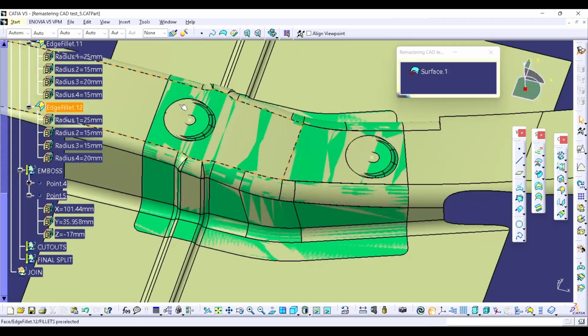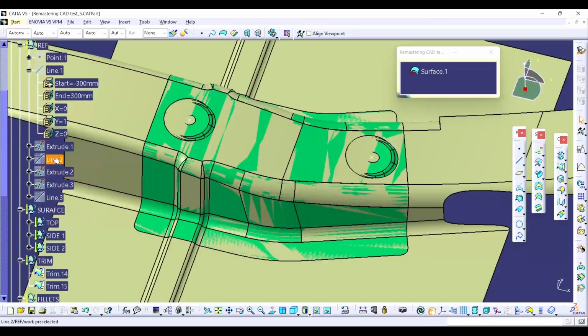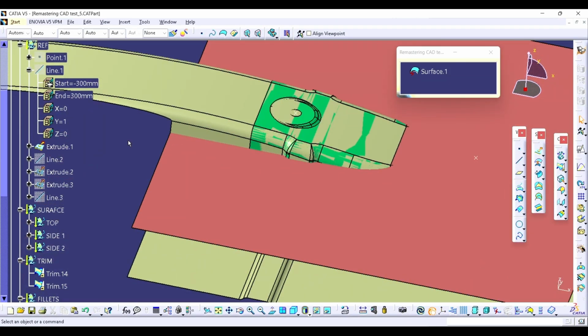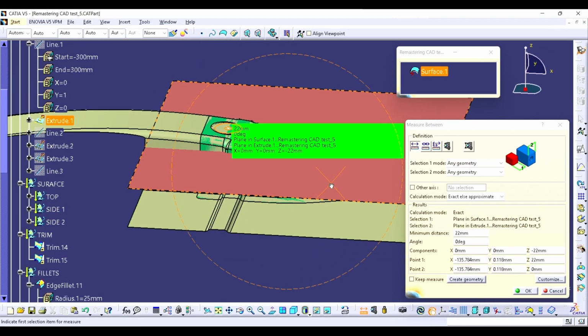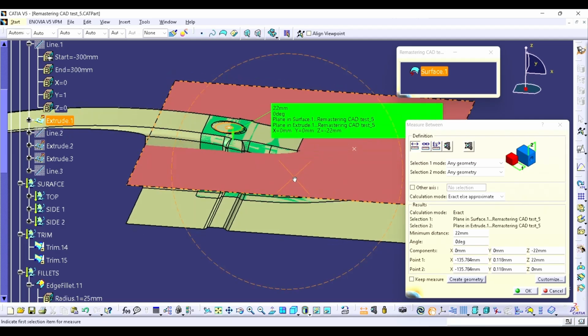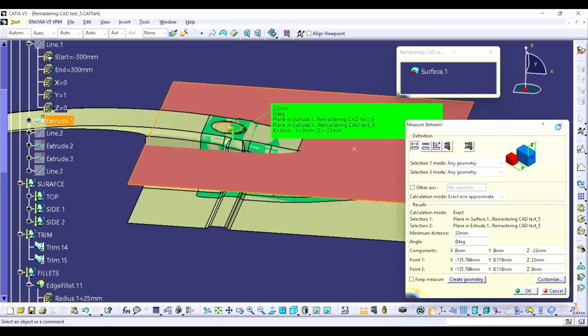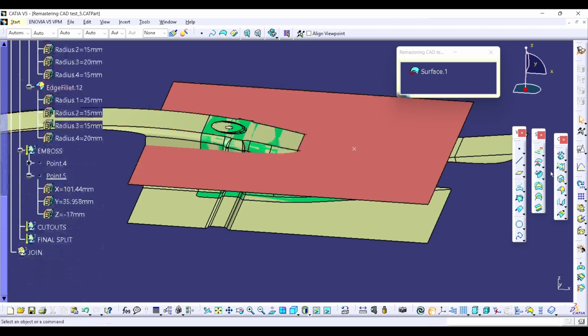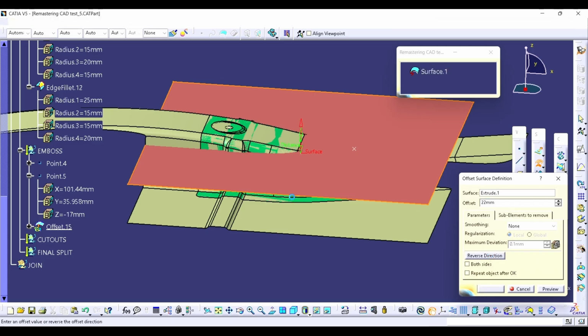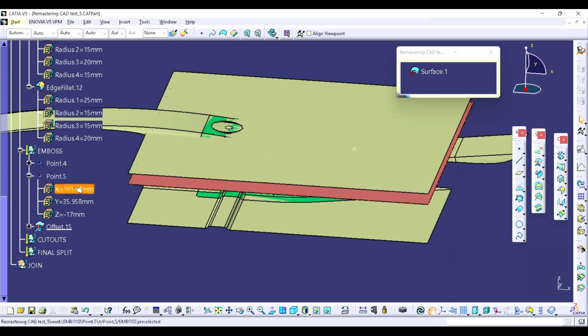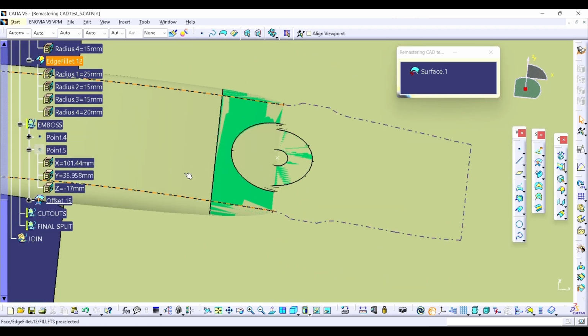Okay, again we require one face over there. So let's check whether it is at an angle or it's perfectly matched with our extrude reference surface. Yes, it's matching with the reference surface. The distance is 22. So we have to create one here. It's 22. Yes, it's perfectly matching. Let's focus on the first emboss, then focus on the second emboss. So let's check